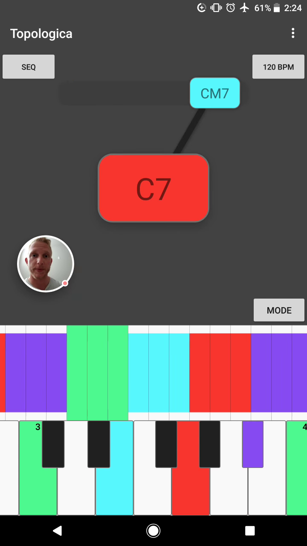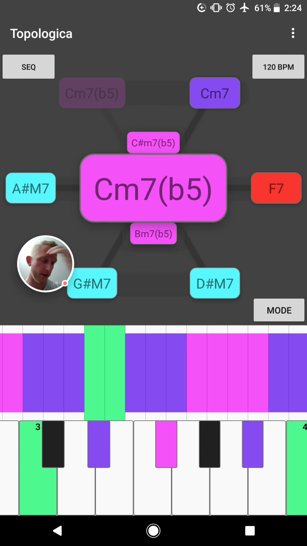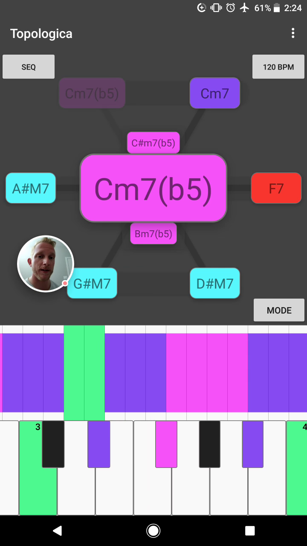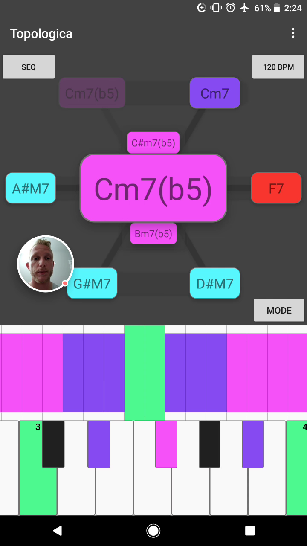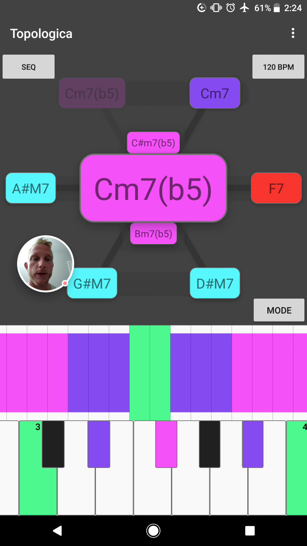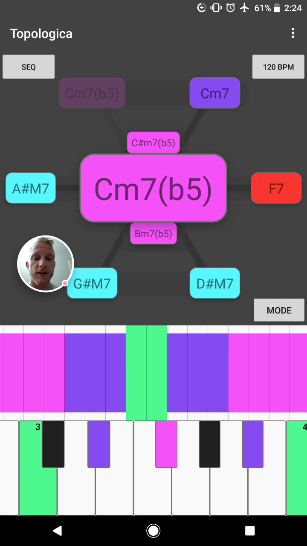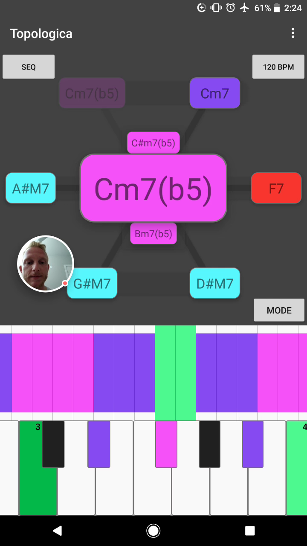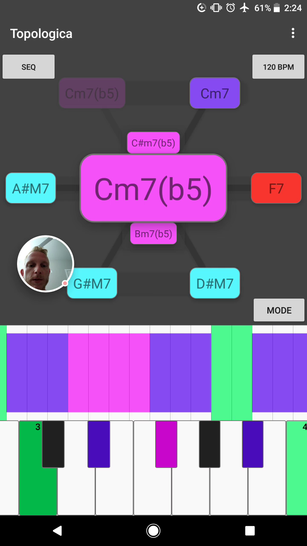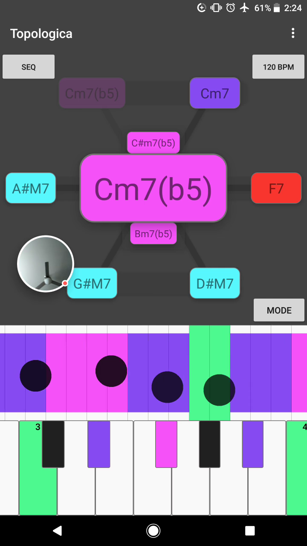1. Finally, let's take a look at the diminished chord. I picked a pink color for this one because it's both similar to the dominant chord in that it has a lot of tension, and to the minor chord because it is a little bit sad. Let's take a listen. On the color board,